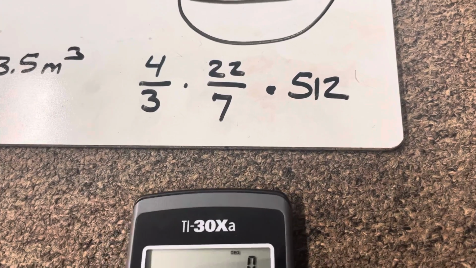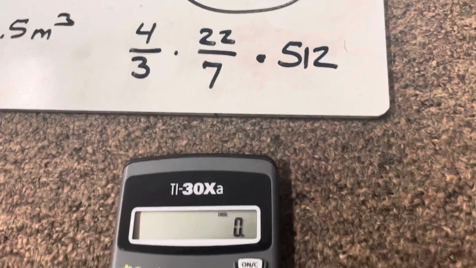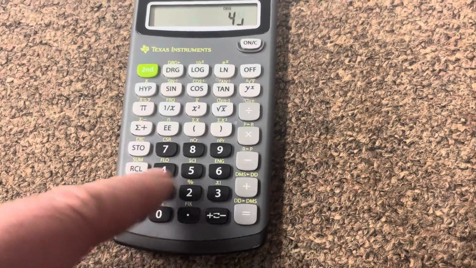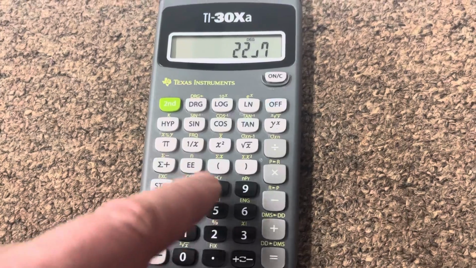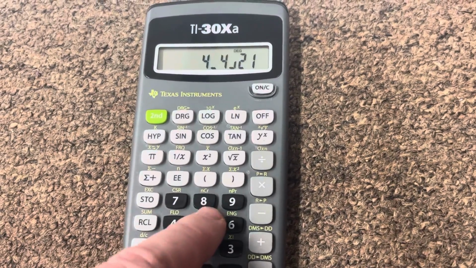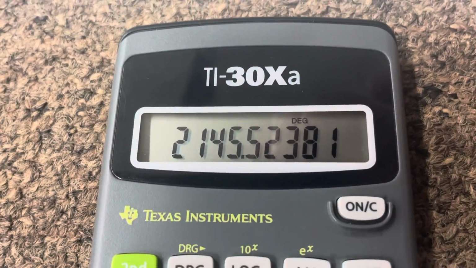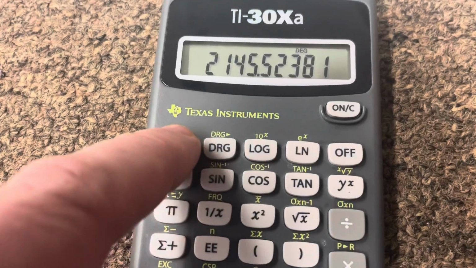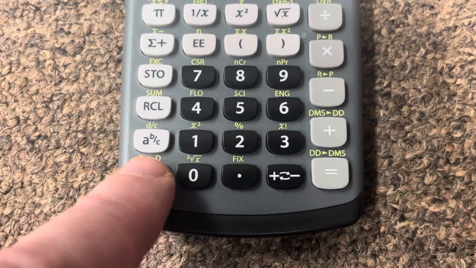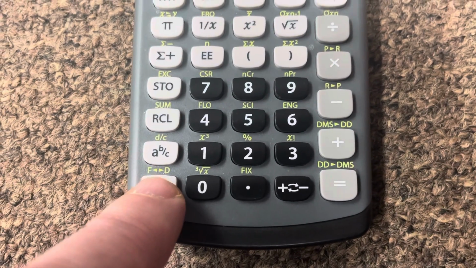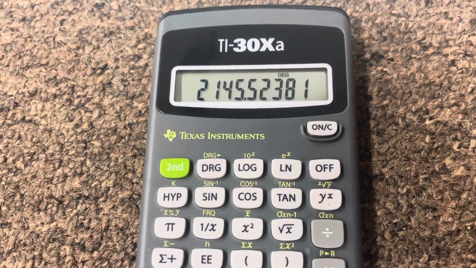Let's enter this into our calculator now: 4 over 3 times 22 over 7 times 512 equals some crazy long number there, but we want to convert it to a decimal, so we're going to press second function and our fraction to decimal button, and we've got